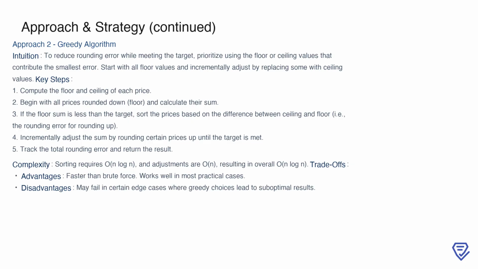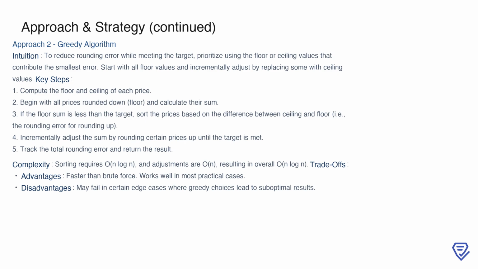We start by rounding all prices down to their floor values and calculating the initial sum. If this sum is less than the target, we sort the prices based on the difference between their ceiling and floor values, which represents the rounding error of rounding up. Then, we incrementally adjust the sum by rounding up the prices with the smallest rounding errors until the target is